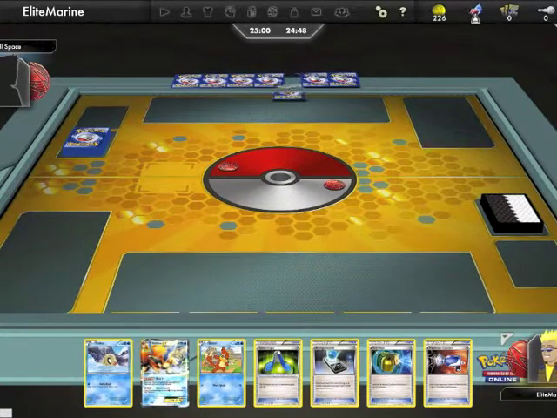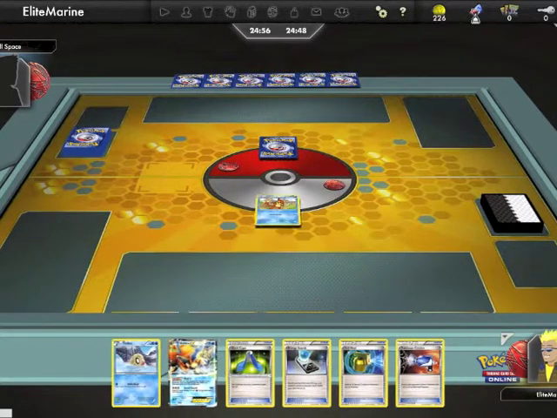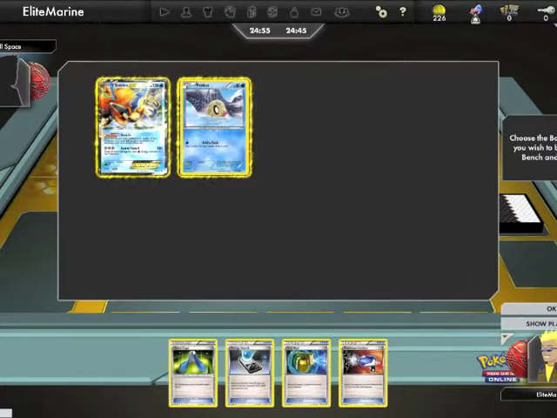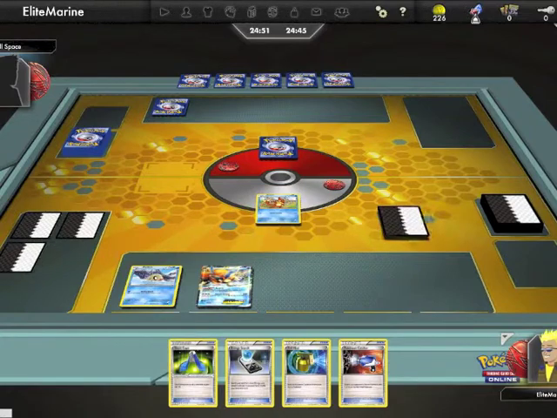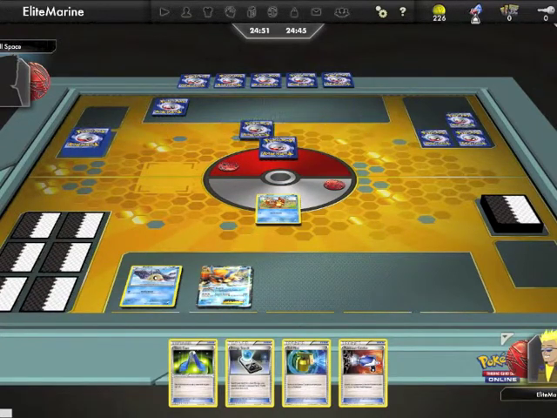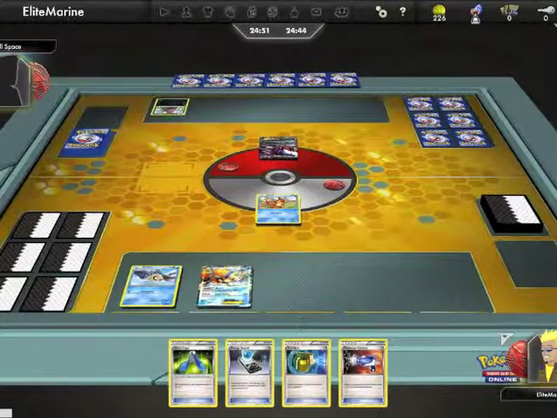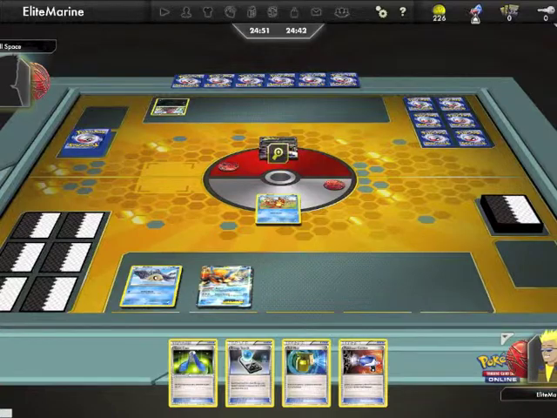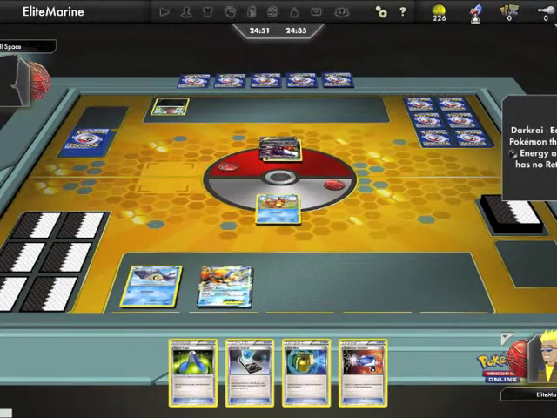So I started off, I sent out Buizel as like a little sacrifice, and then I put Phoebus and Keldeo EX on my bench. After that, we see who goes first. So I go first. He has a Darkrai EX and a Zorua, I believe. I'm not sure really. I can't see it too well, but